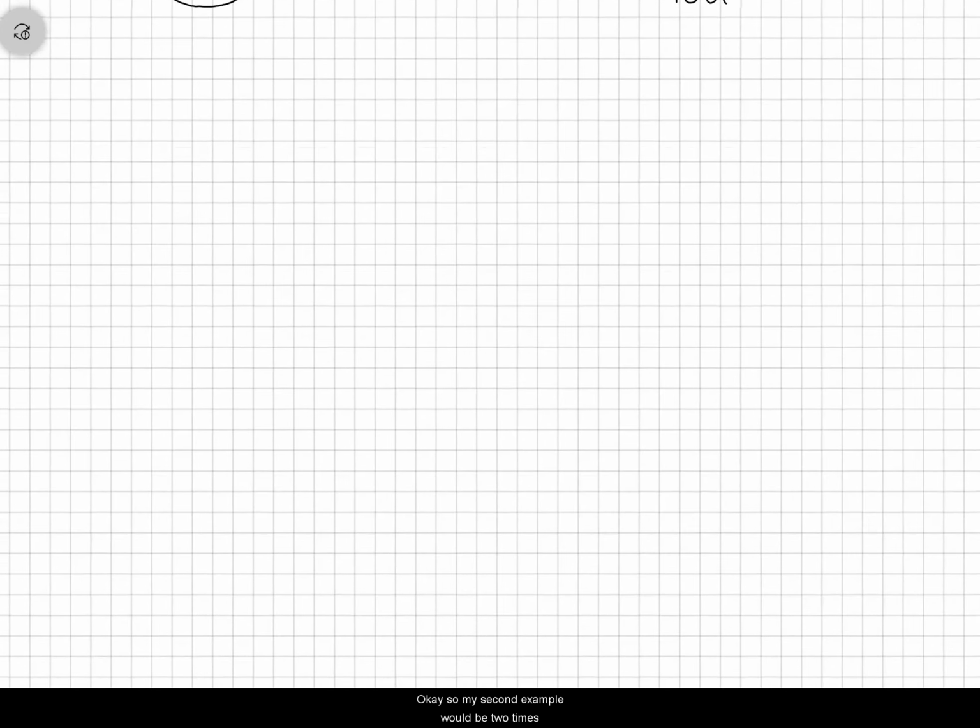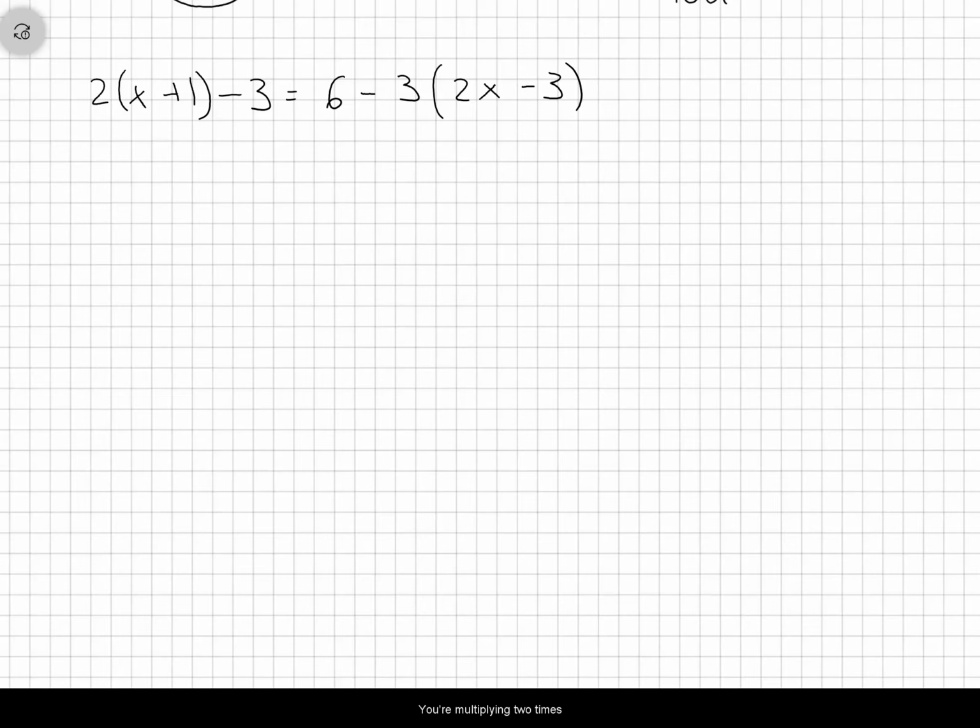Okay, so my second example would be 2 times bracket x plus 1 minus 3 equals 6 minus 3 times bracket 2x minus 3. Pause the video, solve it. Assuming you paused it and you're checking your solution, let's see how we should do it. You're multiplying 2 times x, 2 times positive 1, so plus 2, minus 3 equals 6, and -3 times 2x, -6x. -3 times -3,